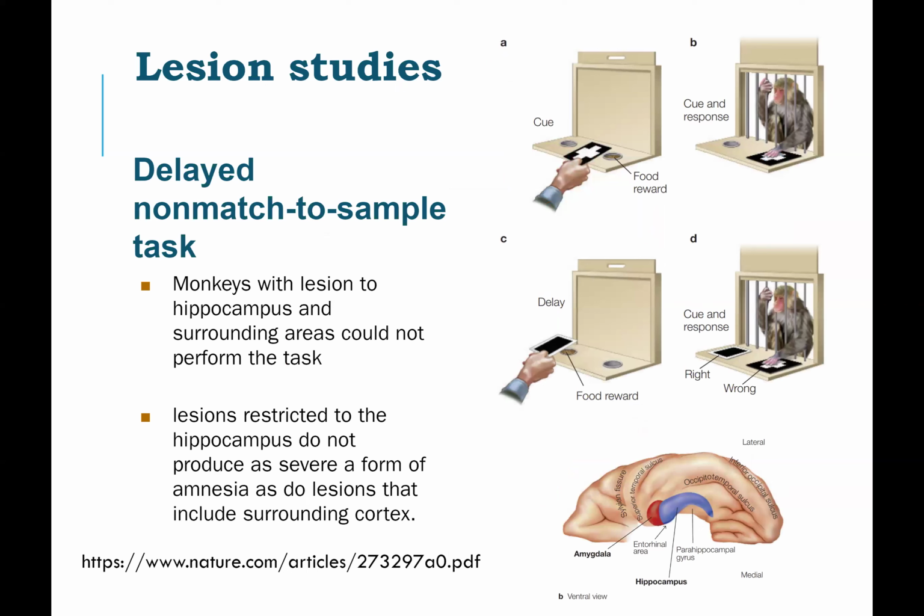When you only lesion hippocampus, there is a deficit, but the deficit is really visible when you remove a little bit around the hippocampus as well. So it's not just that hippocampus is involved in this process, it's that hippocampus and the surrounding areas are really important for this task. So if you lesion a big part of it, you observe that severe form, which tells you something about the case of HM, which is that, well, at the time, they weren't very accurate with their lesioning or cutting out the stuff, but rather they removed a lot more than just the hippocampus.